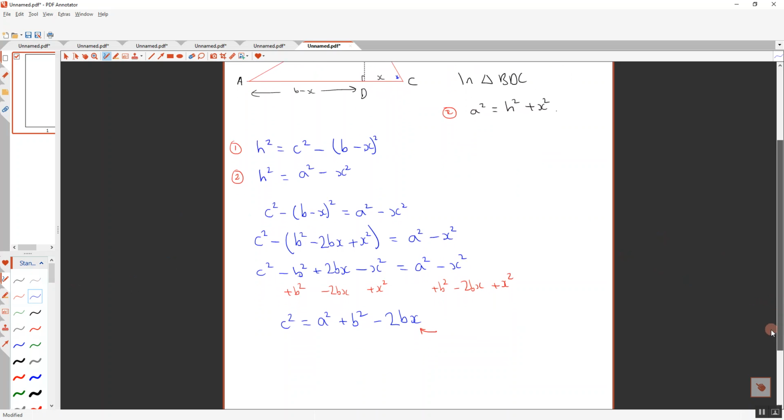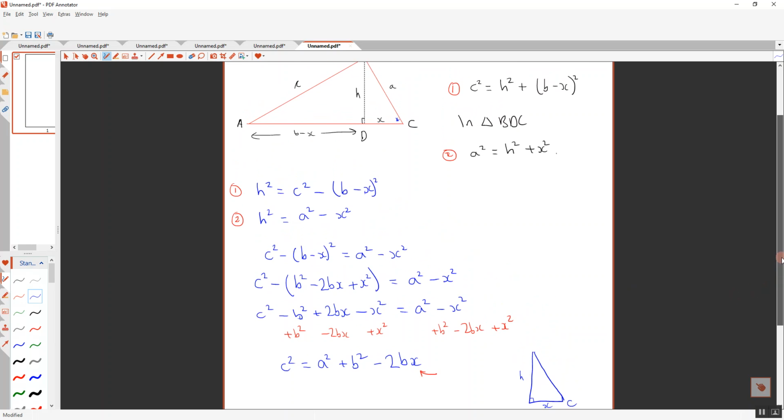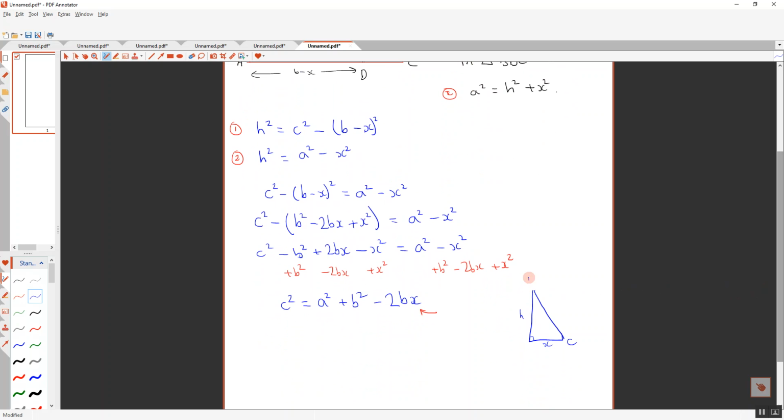Actually, let me just do a little sketch. I'll try and make it neat. So this is x, this is c, this is h, and the top one is b, and this is a. So let's look at angle c. So using our regular trig,